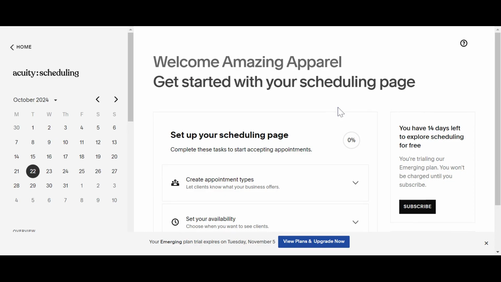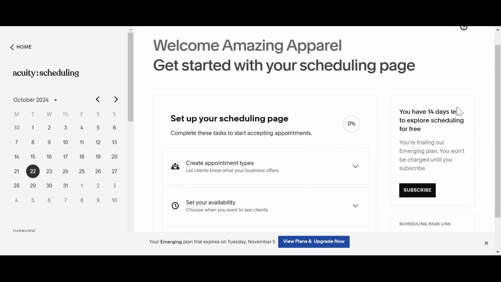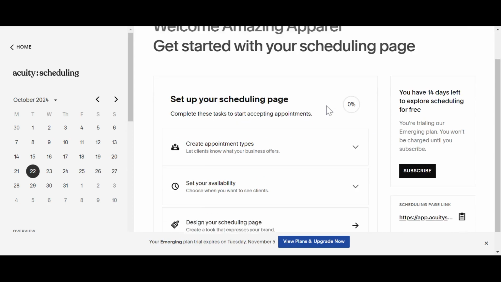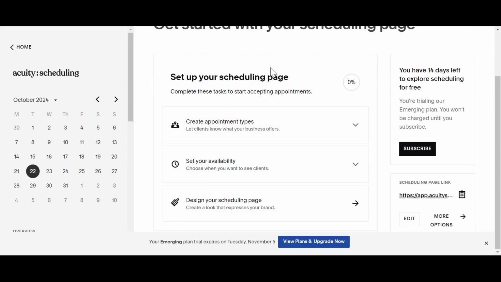And here you can see the Acuity scheduling dashboard. So this is what opens when you start your trial. You can see you've got your countdown here. So I've got 14 days left to explore it for free. And Squarespace gives you a really handy setup checklist to track your progress and guide you through getting set up